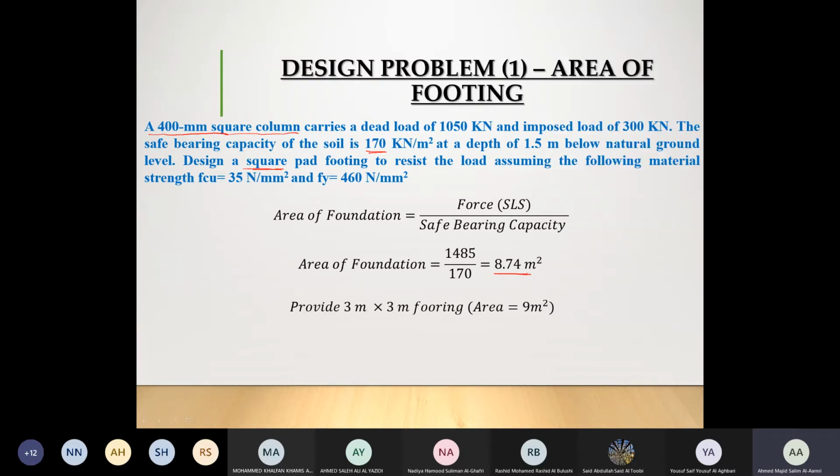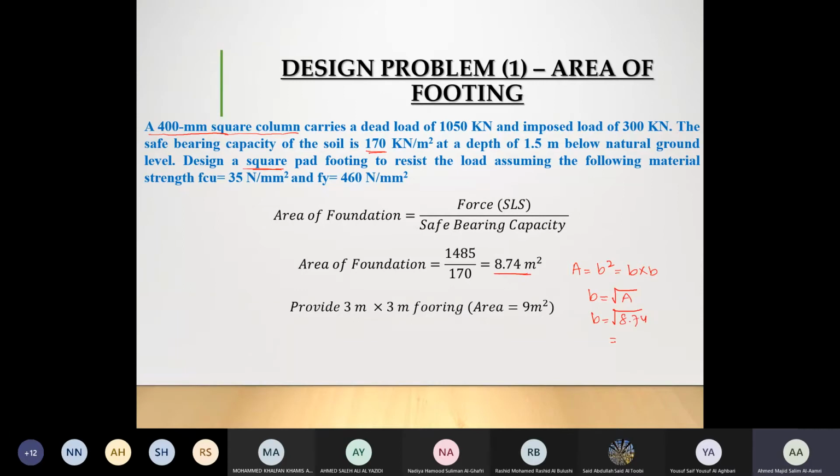So the area of the square is going to be b squared, b into b. So my b now is equal to under root of A, which in this scenario is under root of 8.74,